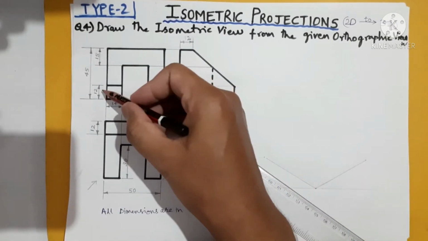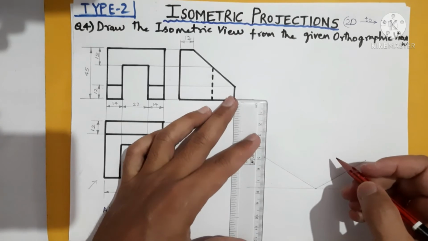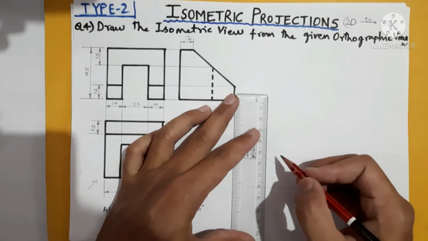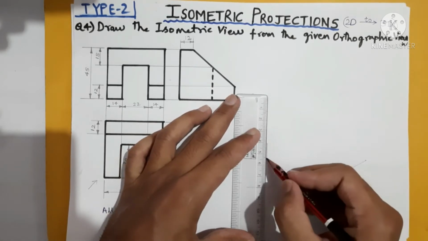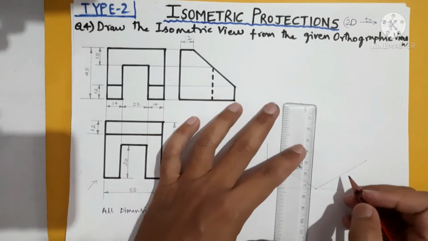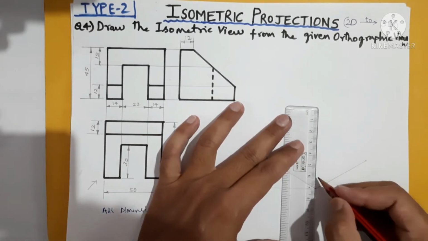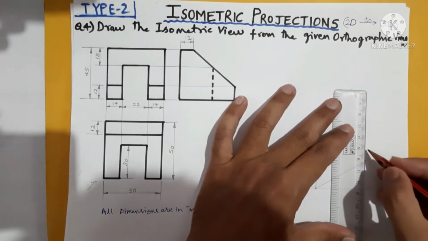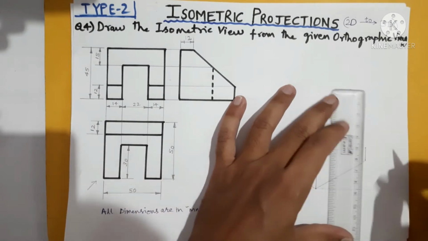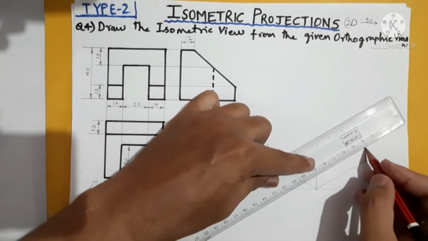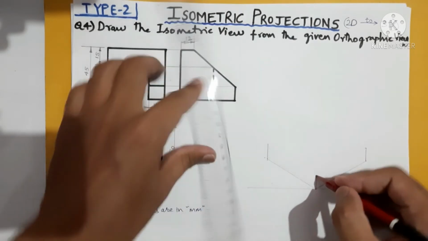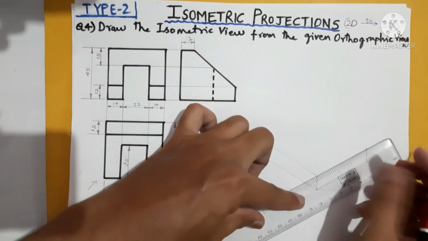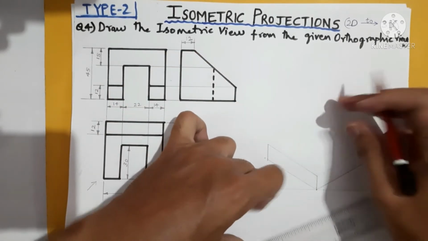Height, this height we will take, that is 12 mm. All the corners you need to raise it to a height of 12 millimeter. So this is 12 here. Here also we will have 12 vertically upward and here also 12 vertically upward. Join them all. Now parallel to this line you can draw here and parallel to this you can draw here.